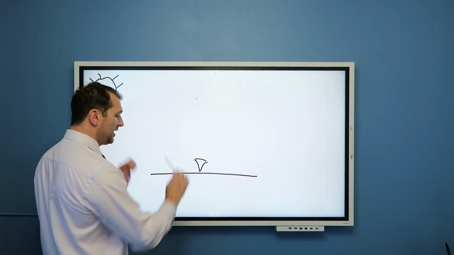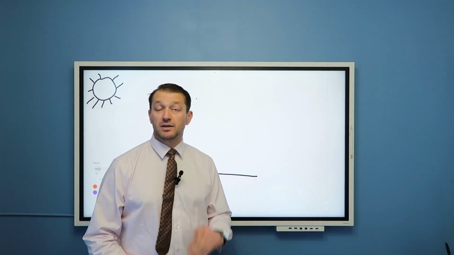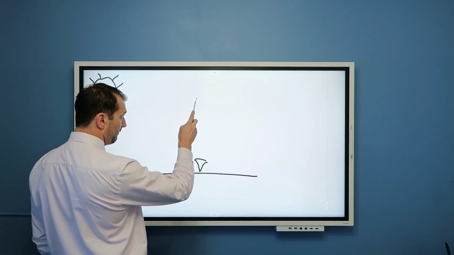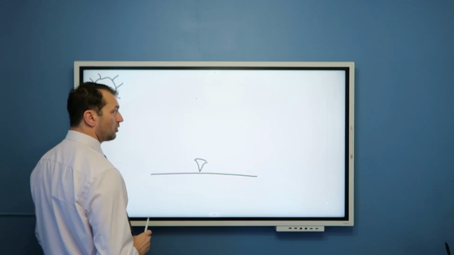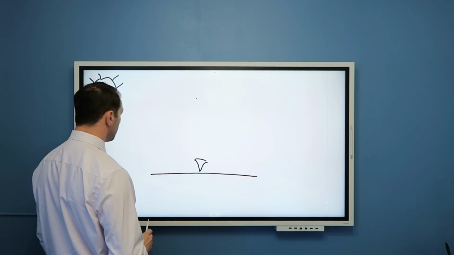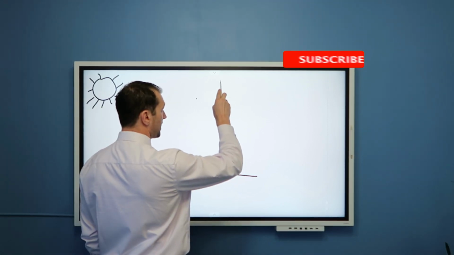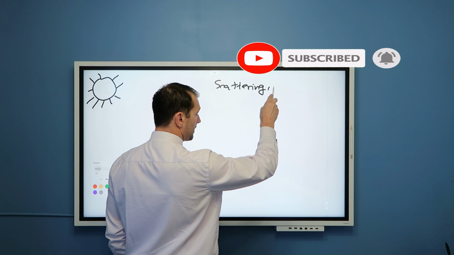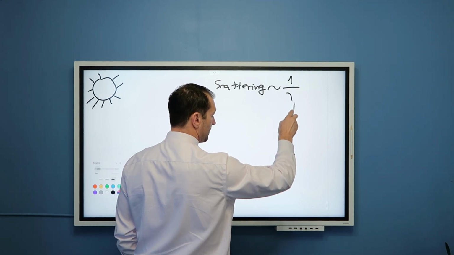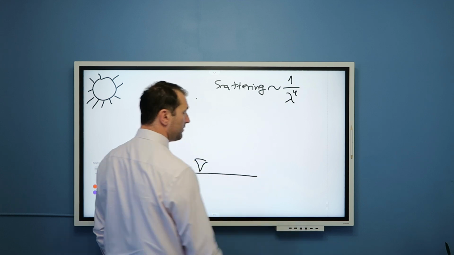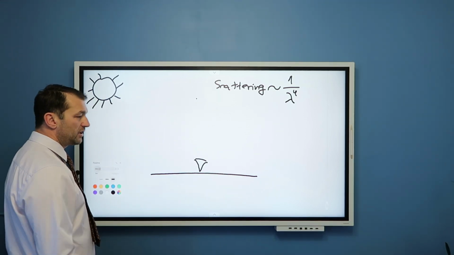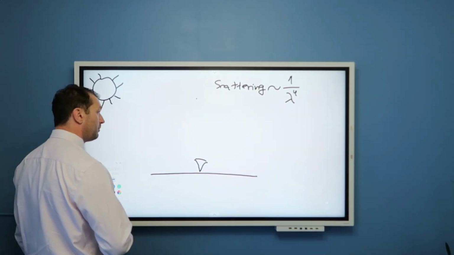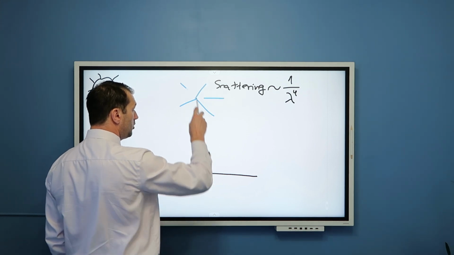Well, all we need to know is explained in previous lectures, and particularly the lecture on the scattering of light. We know that scattering of light by molecules and atoms in the atmosphere is dominated by the regime of Rayleigh scattering. And in this regime, we know that scattering is proportional to 1 divided by lambda to the power 4, where lambda is the wavelength of light. And we know that the shortest wavelengths, which therefore will be mostly scattered, are blue and purple. So we will have a lot of blue light being scattered